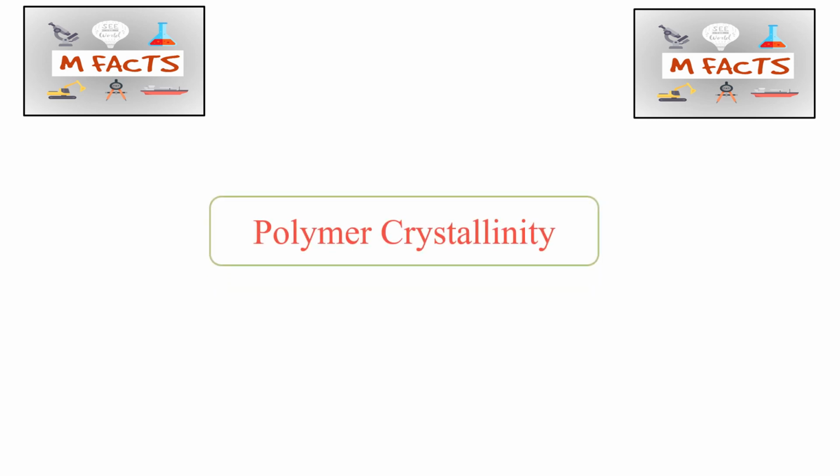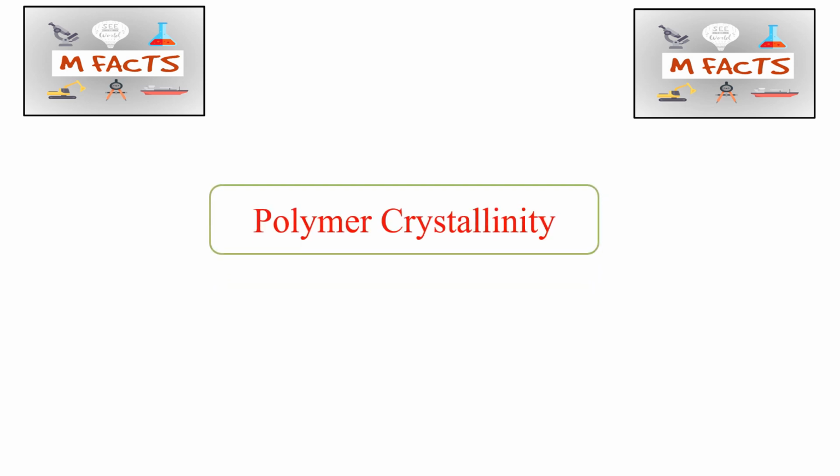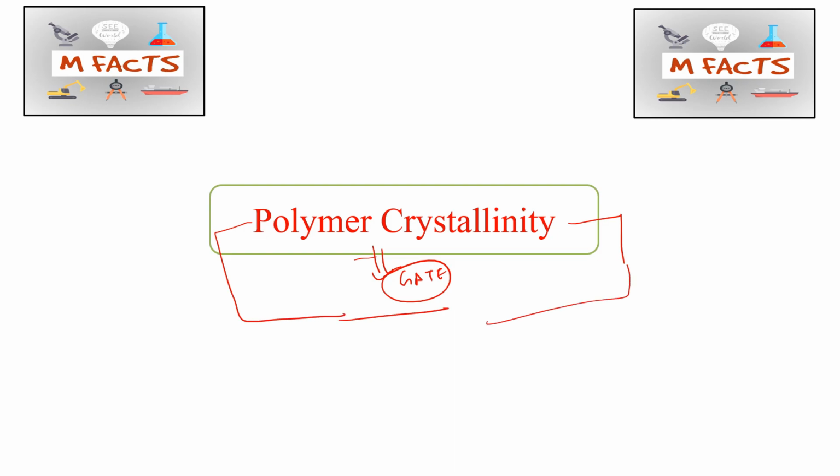In this video, we will try to learn about polymer crystallinity, which is very important from the GATE point of view. This topic is very important for every exam related to metallurgical engineering. The concept is very easy. We will learn the concepts and see how we can do the easy calculations to avoid silly mistakes. This concept is also important for the RINL exam.